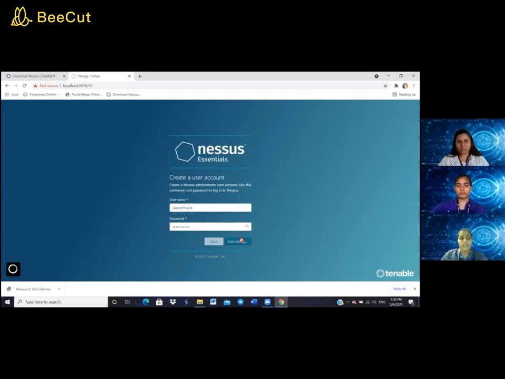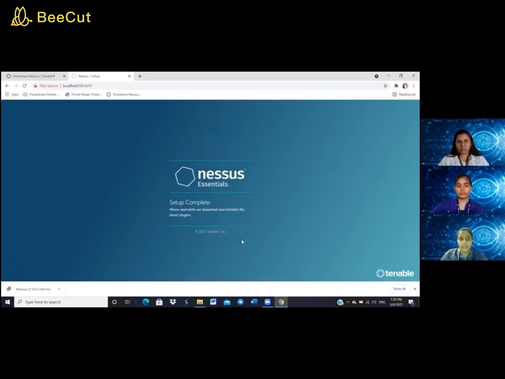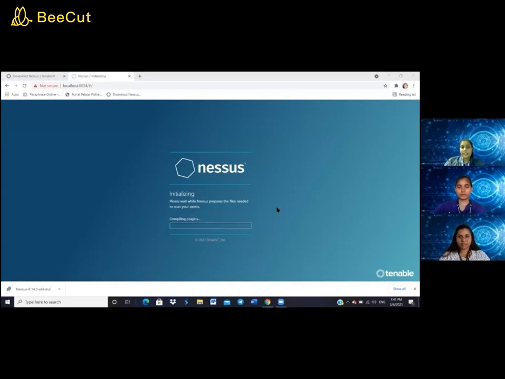As you can see, the Nessus tool is loading the installation. Please wait while Nessus prepares the files needed to scan your assets. Now it's downloading plugins. It takes a few minutes, so we should be very patient to complete this download process. As we can see, initializing, please wait while Nessus prepares the files needed to scan your assets. Now it's compiling the plugins.